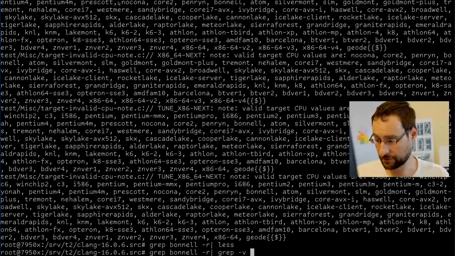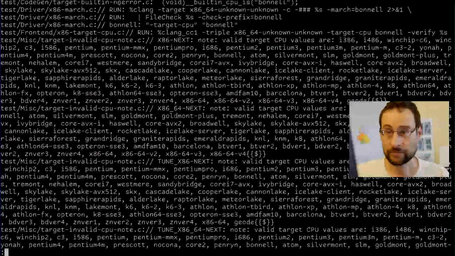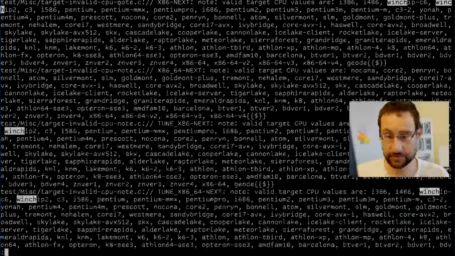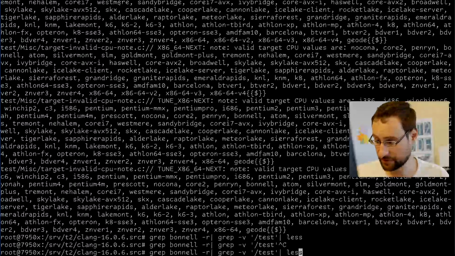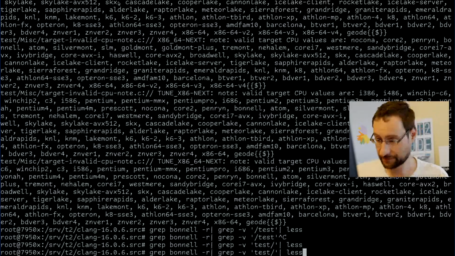I can also grep reverse test. There was some WinChip, to my surprise. WinChip? This is also test. I thought IR because it's leading test. Okay, that is interesting. That is only in tests.